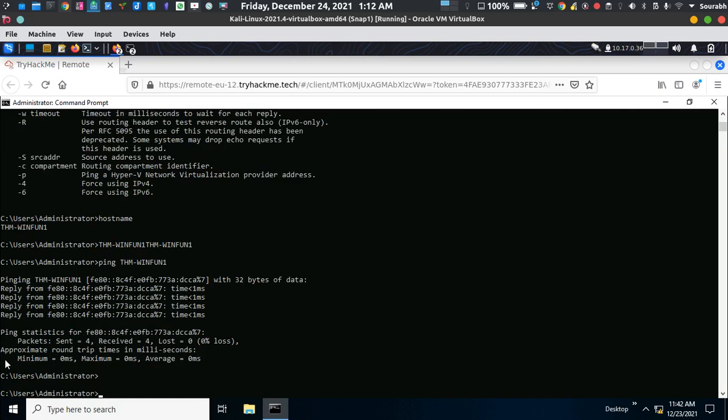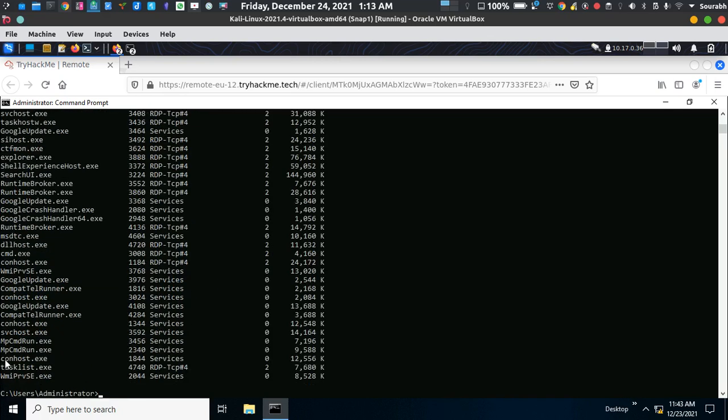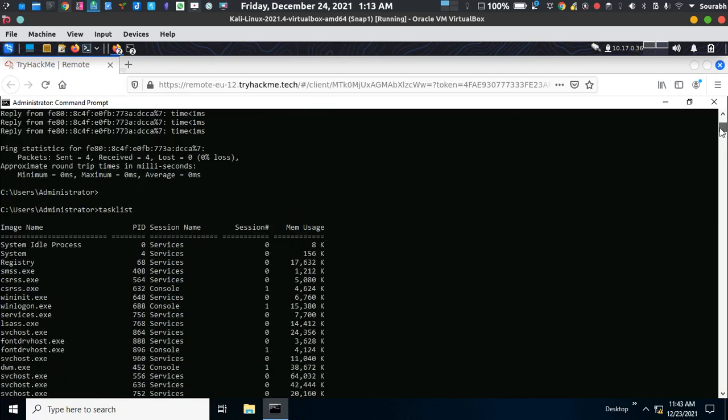Now it's time for some juicy part. For knowing about the services and processes in Windows, what do you need to do? There's a command called tasklist. All the tasks which are running or happening on your computer are going to be printed out, basically the service name and the PID of that particular service, which is called the process ID.